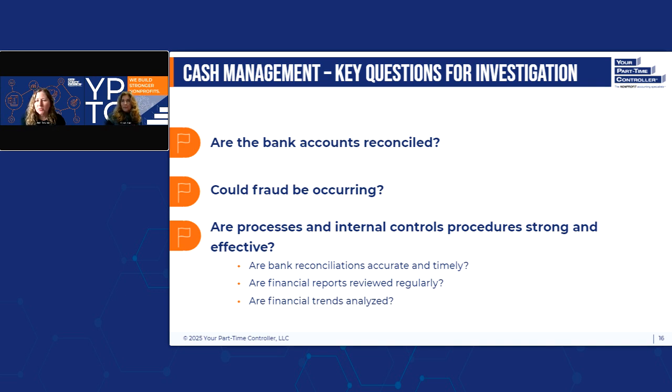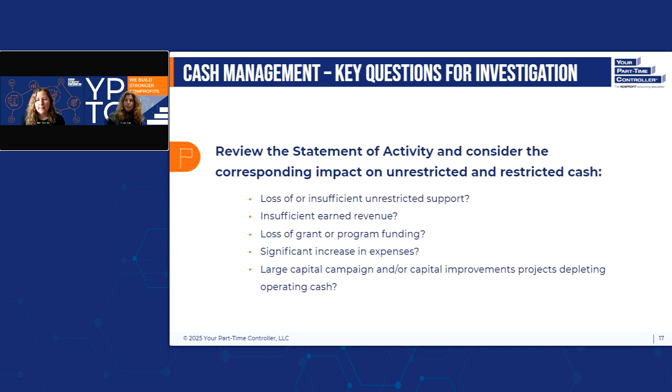So what actions would you suggest this organization take to be able to sustain itself? So again, going back to my original list of questions, we have to understand what really happened here. This is my approach. When I look at the impacts of the unrestricted and the restricted cash, we should consider an analysis of the statement of activities, and look at the changes